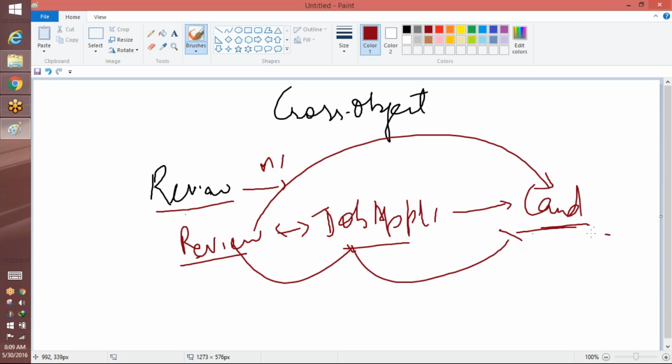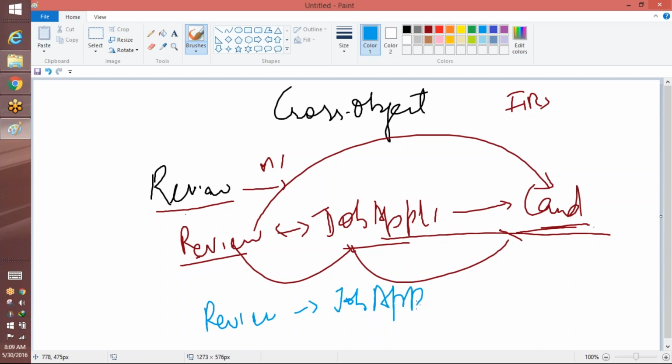Let's say I wanted to display the first name of the candidate, or which position this particular review is for. We can also access that, because the review object has a relationship with the job application, and the job application has a relationship with the position. This way we will be able to access the position fields as well. So let's say we wanted to display the position title, or the position name. How are we going to do it? We'll go back to our